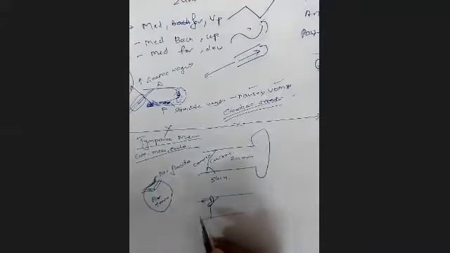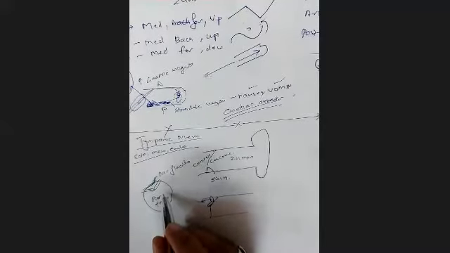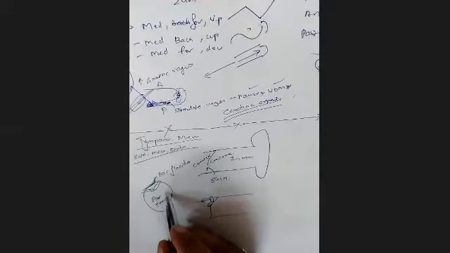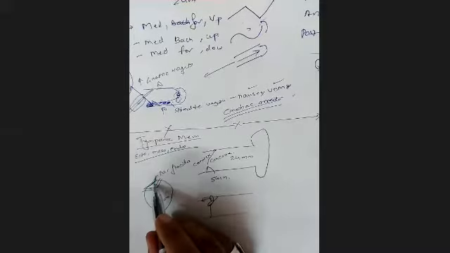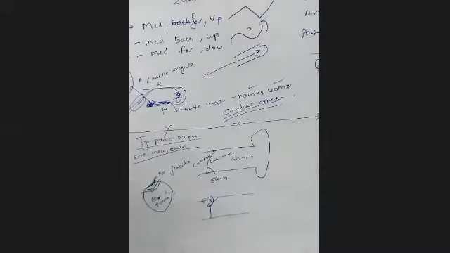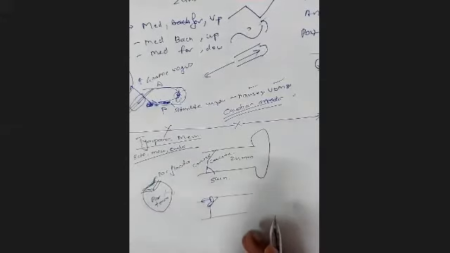So whenever we are taking a cut on the tympanic membrane, suppose we see a lot of pus inside and we want to take a cut so that the pus is drained, it has to be always done in the posterior and inferior part, not in the superior part. Otherwise we may cut the chorda tympani, and once the chorda tympani is cut, salivation will reduce and the person will lose taste sensation, because it supplies taste sensation for the anterior two-thirds of the tongue.